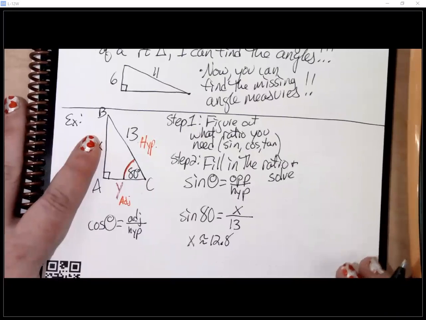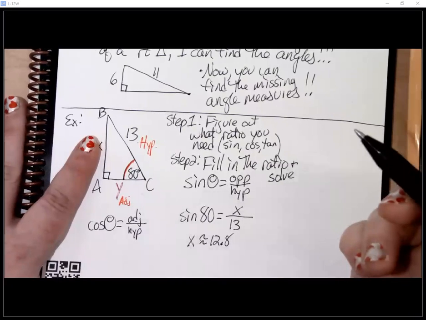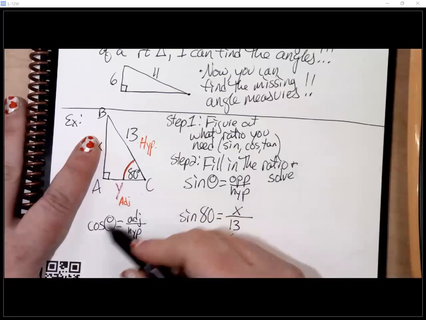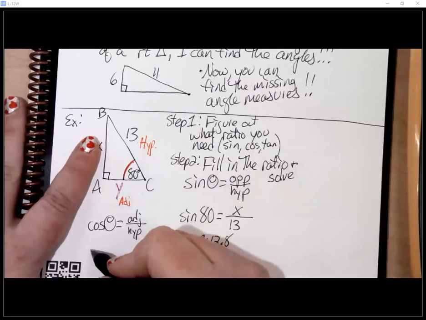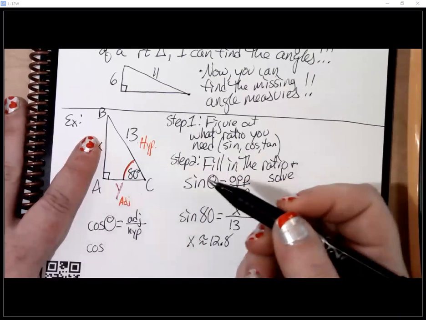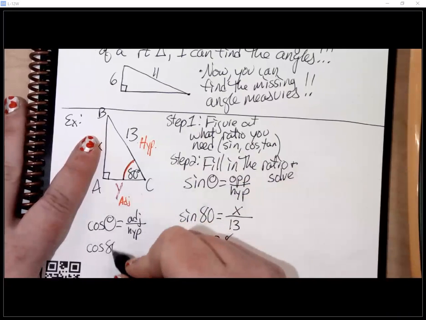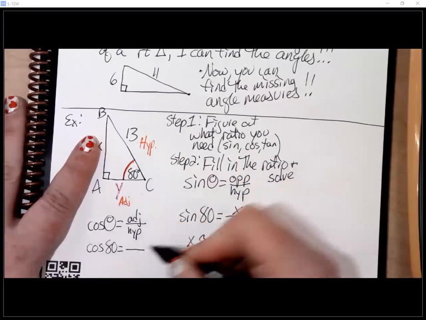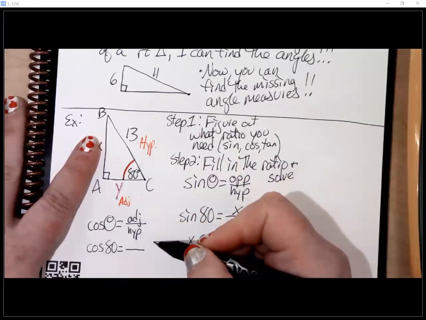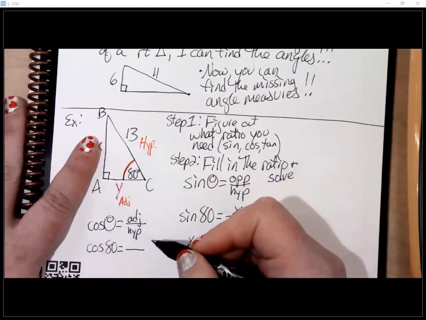And now I can fill in the pieces. So I know I'm going to use the cosine ratio. Now I know a whole bunch of this information. I know the measure of my angle, it's 80. The adjacent side is y, and the hypotenuse is